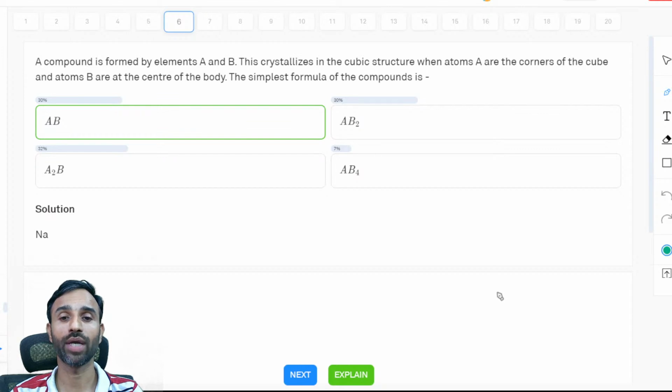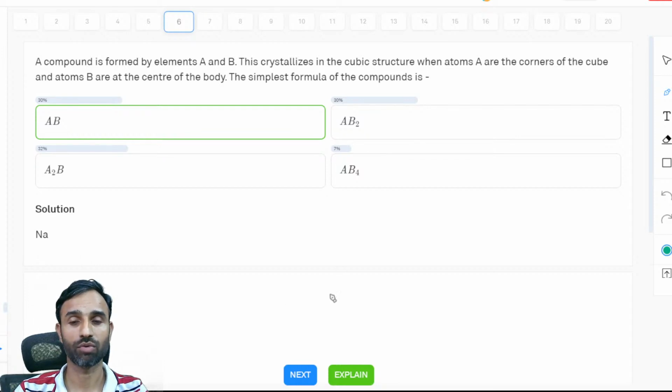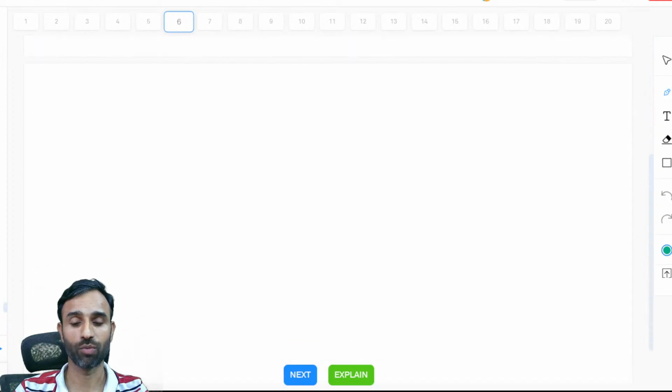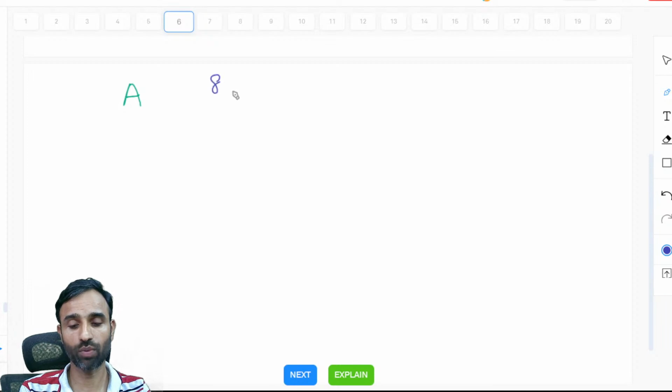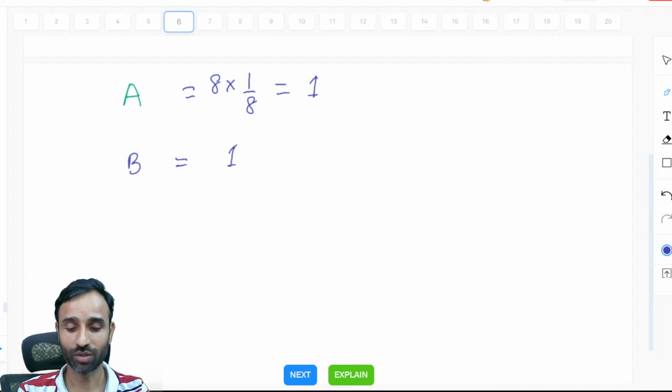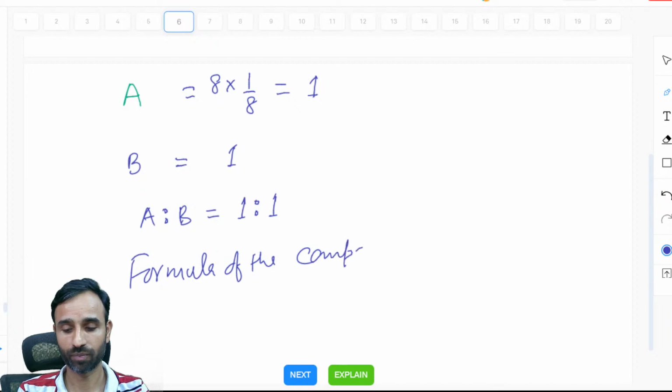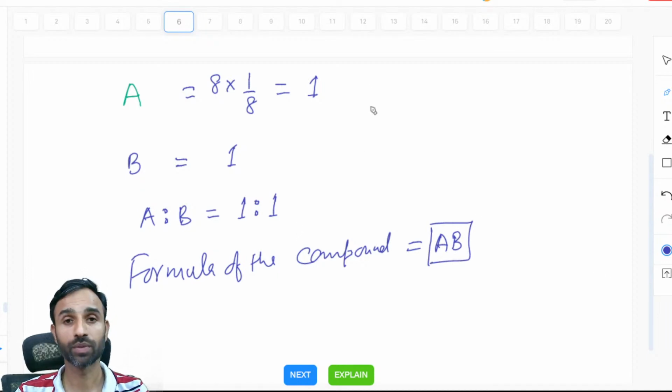तो बेटा कंपाउंड जो है A और B एलिमेंट से बनता है, A कॉर्नर पे है और B बॉडी के सेंटर पे है। तो क्वेश्चन आपको नहीं आया, बहुत ही गलत बात है ये। देखो A दे आर एट द कॉर्नर्स, तो कितने कॉर्नर होते हैं क्यूब के? 8, और ईच कॉर्नर इज शेयर्ड बाय 8 यूनिट सेल्स। तो बेटा A आएगा 1 और B है बॉडी के सेंटर में, तो बॉडी सेंटर कितने होते हैं? 1। so इसका मतलब A टू B रेशियो क्या होगी? 1:1, एंड दैट्स वाई फॉर्मूला ऑफ द कंपाउंड इज AB।